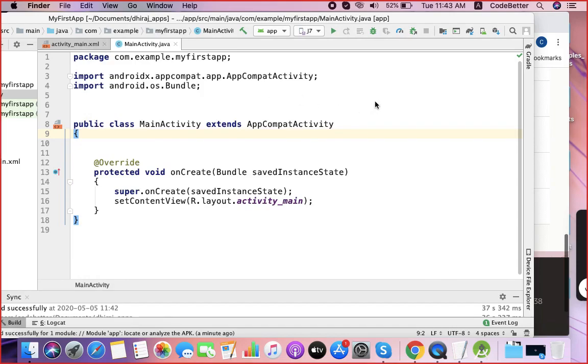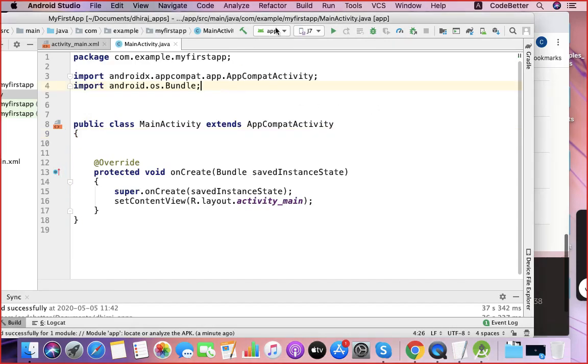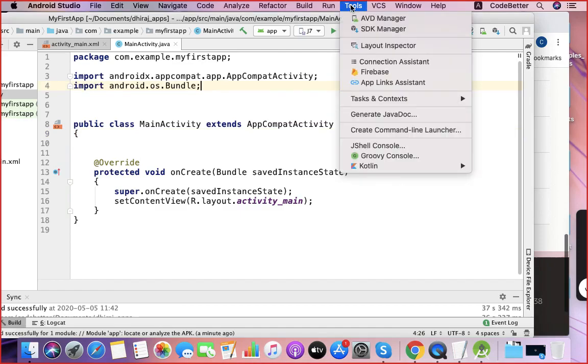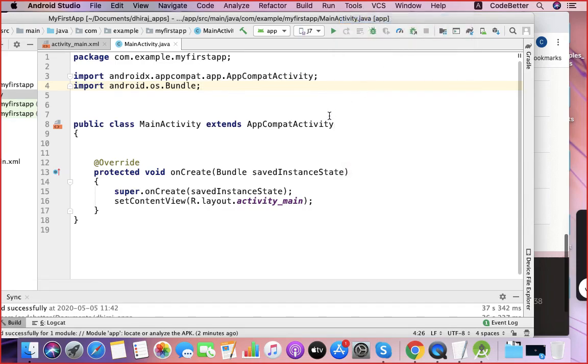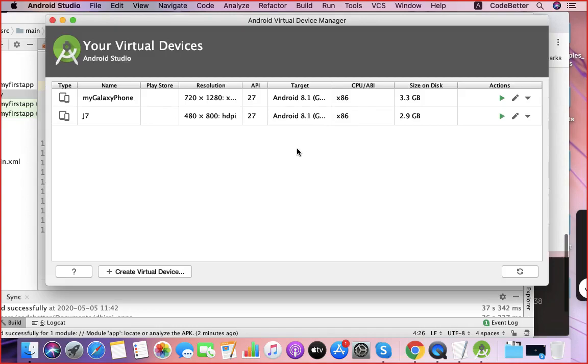In the tool section, there is a tool AVD Manager. AVD stands for Android Virtual Device. When you open it, this tool helps to create a virtual device for you. I have created two virtual devices.